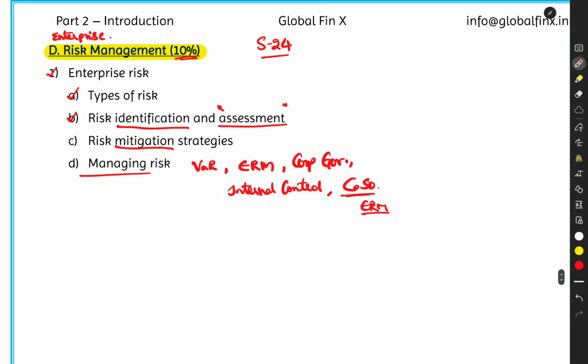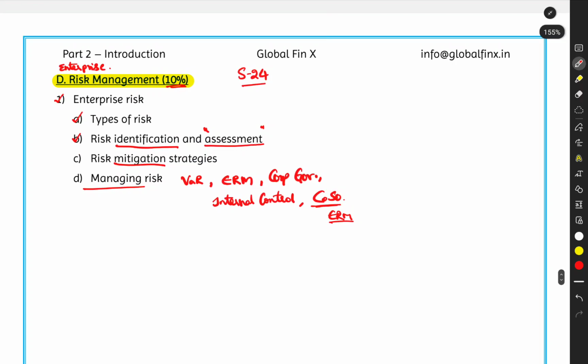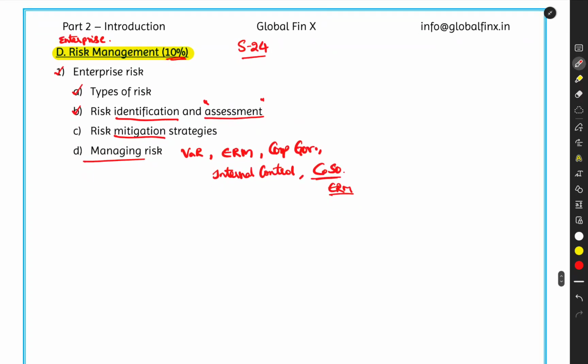Let me tell you something. This is one of the quickest sections that you can complete. It takes the least amount of time because it is purely theoretical. There are no calculations involved here except for probability, a little bit of calculations. That also just for you to understand the example, otherwise no need also. So this is one of the easiest sections to complete in your syllabus, in your preparation. So try to keep that in mind.